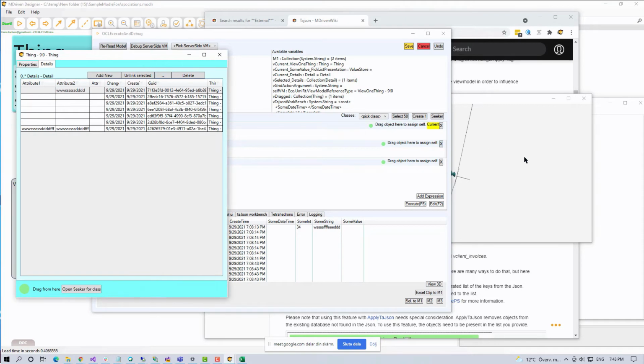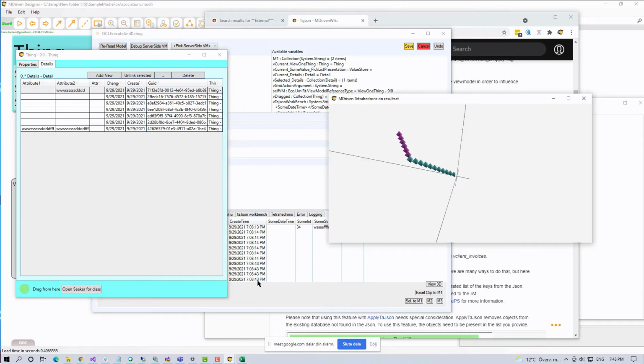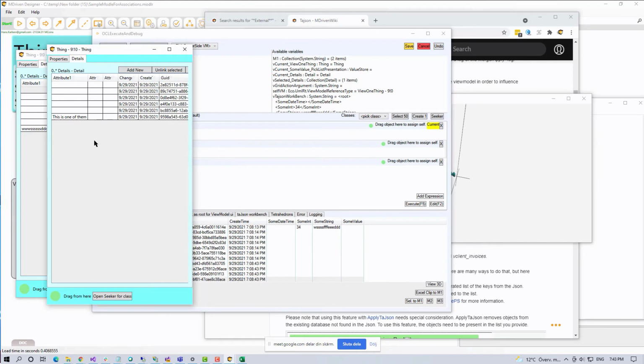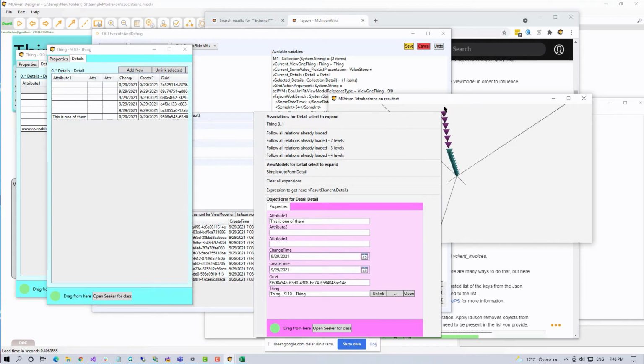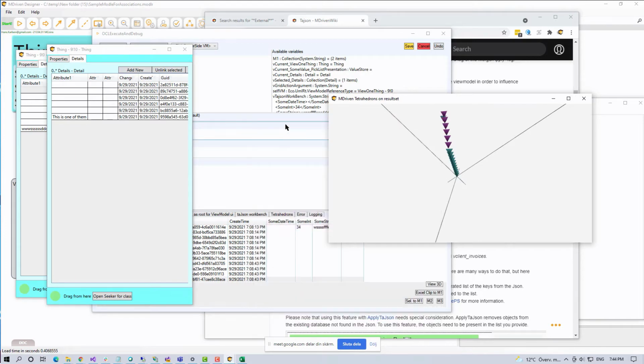Wasn't that? Oh, and I can see that was probably the last one. So if I click up the last one, this is one of them. Suppose that you have a lot of stuff, and now you can fold things back. So from this detail, I could potentially follow back to get one thing, and that's the same thing as that one. There's no really good way to tell, but